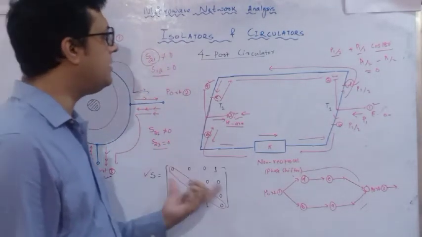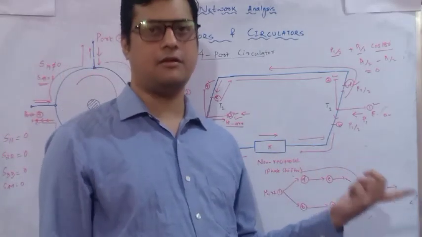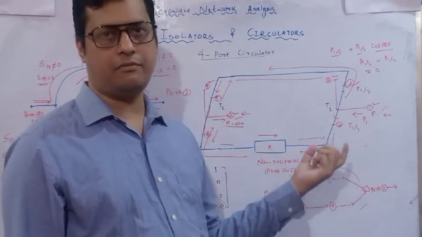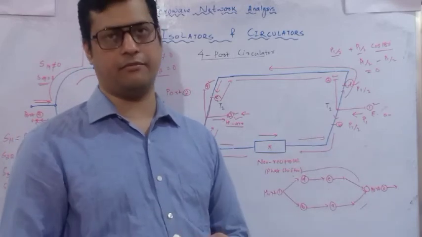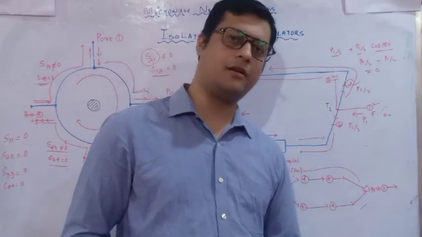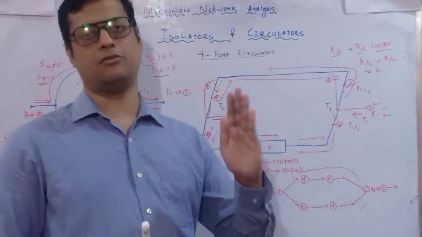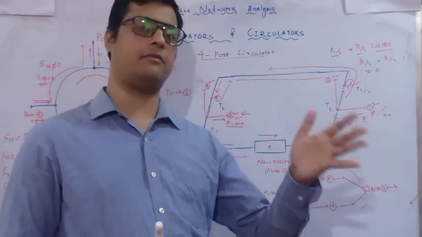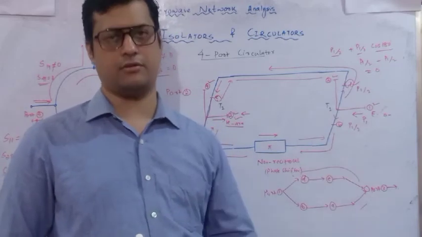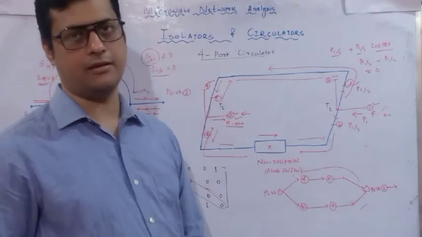So this is the working principle of a 4-port circulator, because here we have used a 180-degree phase shifter, this non-reciprocal phase shifter, and it is made up of ferrite material. It will absorb the reflected wave. It will not allow the reciprocity theorem to be satisfied. Means S12 is not equal to S21, S23 is not equal to S32, S24 is not equal to S42, S14 is not equal to S41, and S34 is not equal to S43. So these are certain parameters through which you can analyze all this working principle.